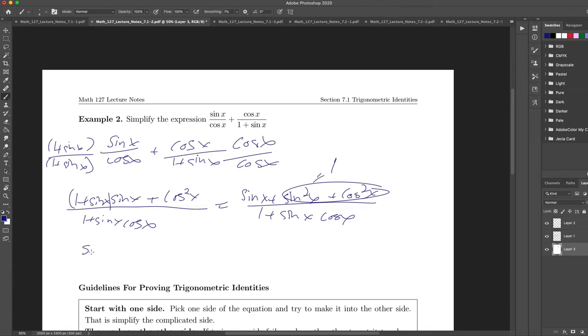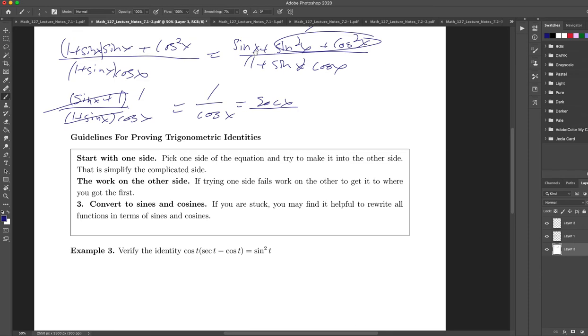And so here I'll have sine of x plus 1 over 1 plus sine of x cosine x. Oops, got my parentheses. And notice here I have the same thing on top and bottom. So it's the same factor. I can cross it off, and so I'm just left with 1 over cosine of x. 1 over cosine of x is equal to secant x. And so we've simplified our expression. Alright, when you do the homework online, you're going to have to get it to the most simplest form, so keep working on it